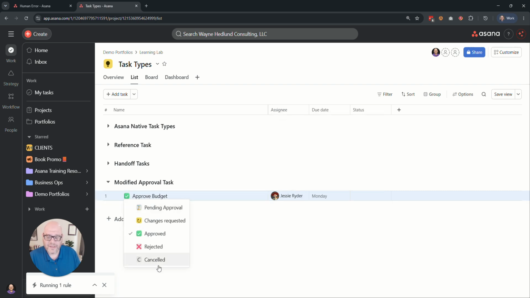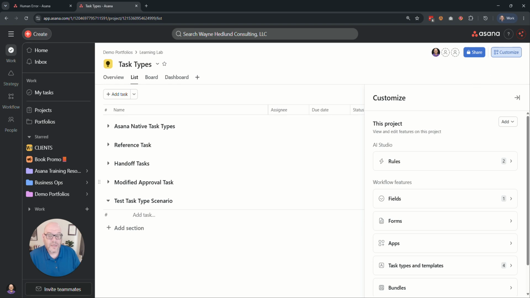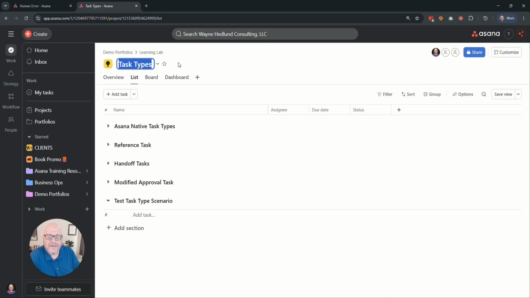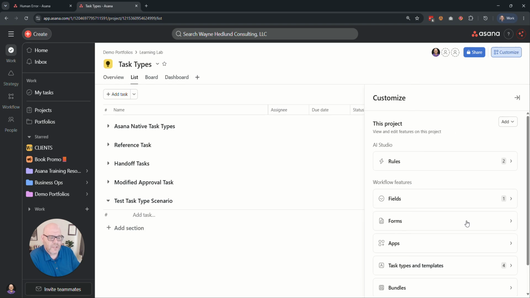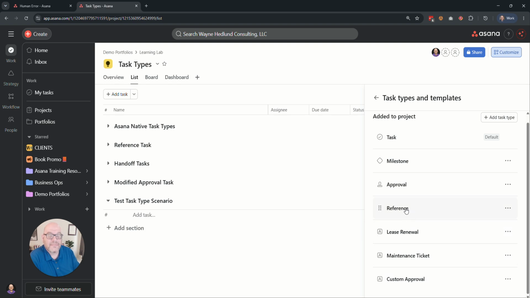Now, again, I failed to add an option here to complete this approval. So let's fix that. And in this case, we're going to actually come in here and look at a test task type scenario. First of all, let's fix the modified approval task that I had. And so where do we do this? So inside of the project itself, we're going to pop over to customize and look for the task types and templates option. And inside here, you'll see a number of task types that I have already added to this project,